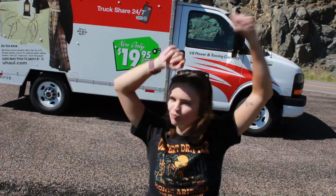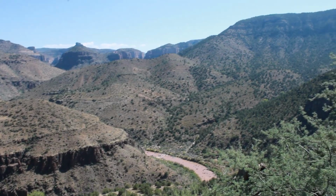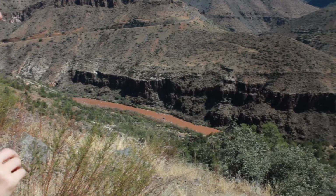We wanted to appreciate this beautiful scenery that we're driving past right now. We're on our way to Show Low, Arizona. We're in the Salt River Canyon. Look at this view. The river looks a little murky, but...